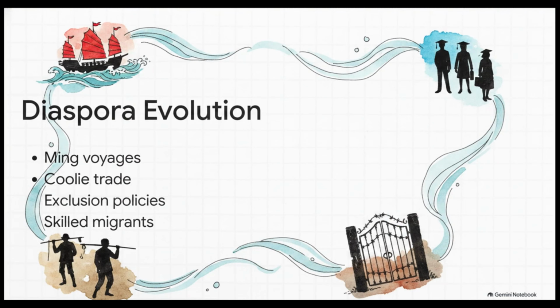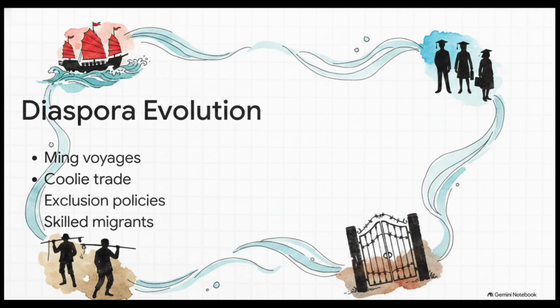What's really fascinating here is how the nature of the migration evolved over time. It kicked off centuries ago with Ming Dynasty trade voyages and early settlements in Southeast Asia. Then, jumping to the 17th to 19th centuries, colonial powers needed cheap labor. This sparked the coolie trade, where an estimated 6.3 million indentured men left through Hong Kong alone. A lot of these laborers actually saw themselves as sojourners. They planned to make some money and go back home, which kept their nostalgia and their ties to the homeland